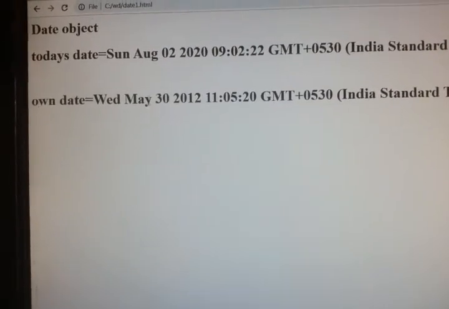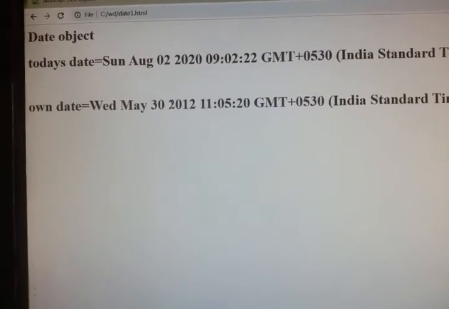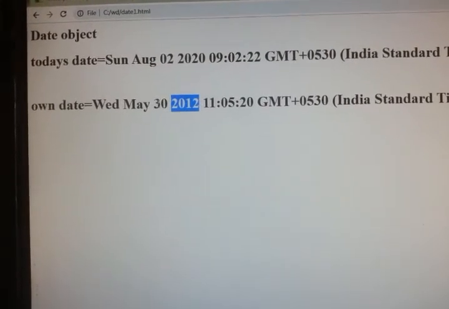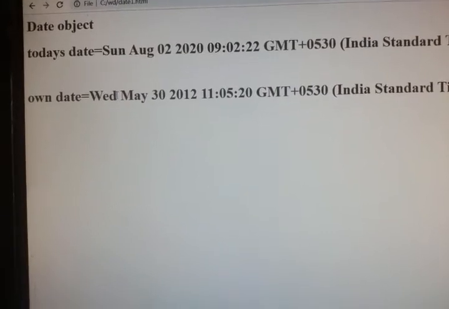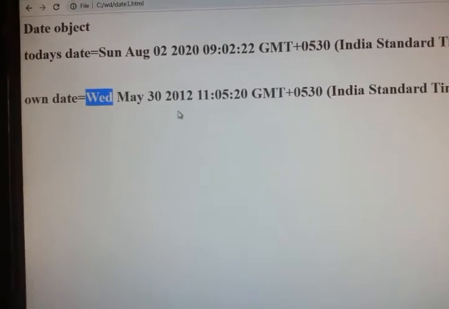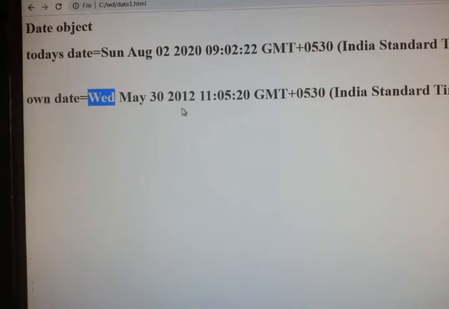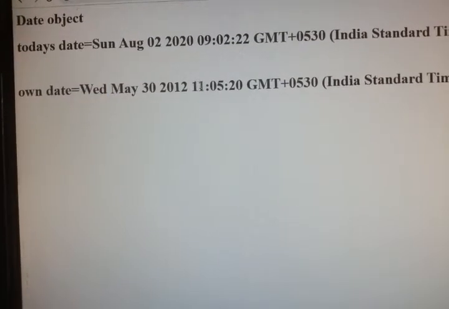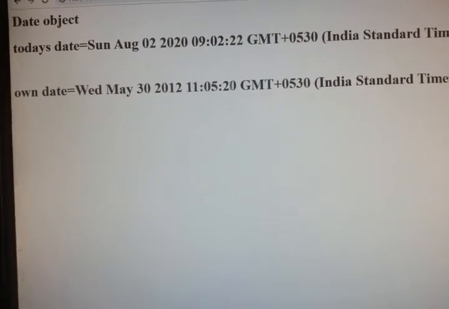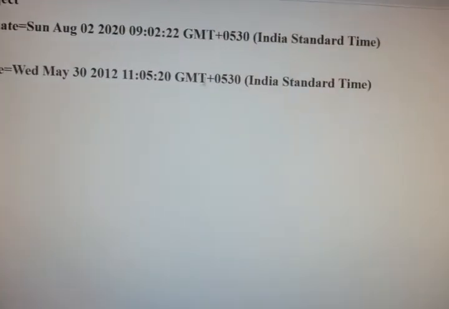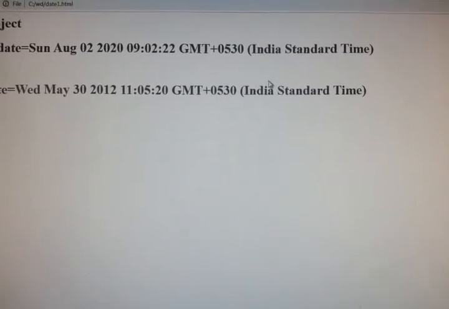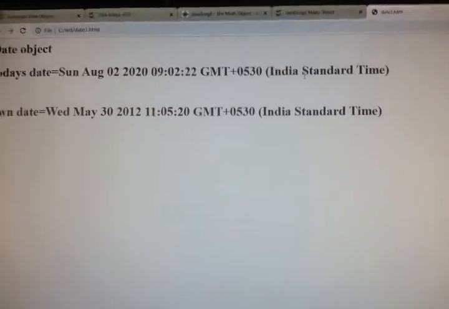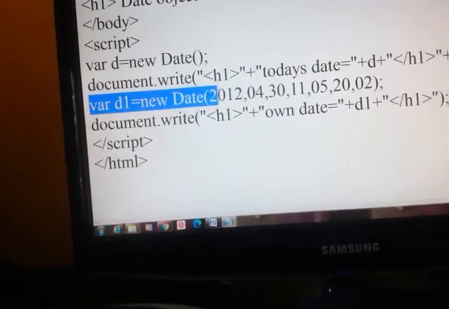If I am using my own date, I have given year as 2012, so I got 05 again, so May it has given, and this is the extra field we got, Wednesday, and then time I have given as 11:05:20 seconds, and this is our standard time GMT plus 0530. So this is by using the second way.